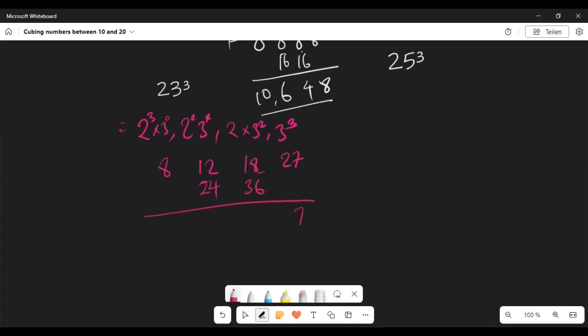We have here 7. We carry 2. 2 plus here will be 20. So it's going to give us 56. We have 6, carry 5. So we know that this is going to be 36. 36 plus 5